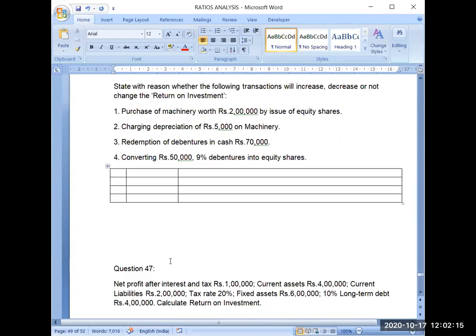Now we can see one more question. State with reason whether the following transactions will increase, decrease, or not change the return on investment. The first point is purchase of machinery worth rupees 2 lakh by issue of equity shares. You have purchased machinery for rupees 2 lakh and issued equity shares for the payment of that machinery. Now what will happen? You have to first check its effect on your